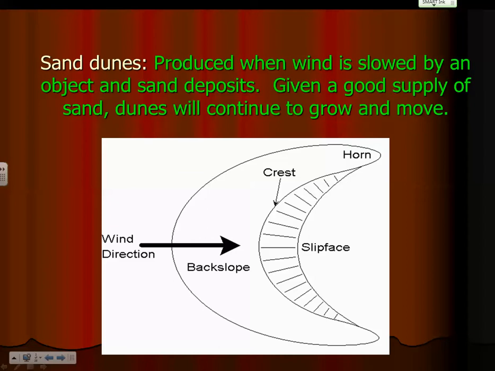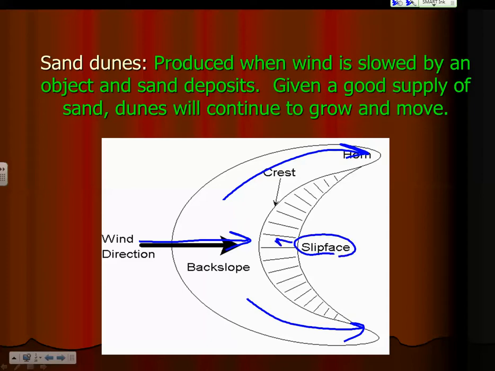Now this here is a particular type of dune called the Barchan dune, and it has this kind of horned appearance to it. The wind is coming from the left towards the right, and you'll see it's pushing off these horns on both the top and the bottom. And this is the slip face, the steep part on the back side of the dune, and this is a much more gentle back slope of the dune. And the whole dune will migrate over time to the right in this case, if the wind direction stays the same,